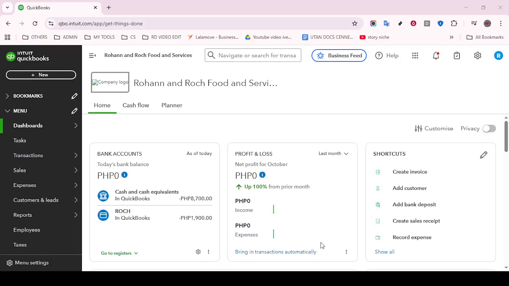In today's video, I'm going to teach you how to record a customer payment in QuickBooks Online. By the end, you'll know exactly how to apply a payment to an open invoice so your records stay accurate and up to date. First, sign in to your QuickBooks Online account and make sure you're in the correct company